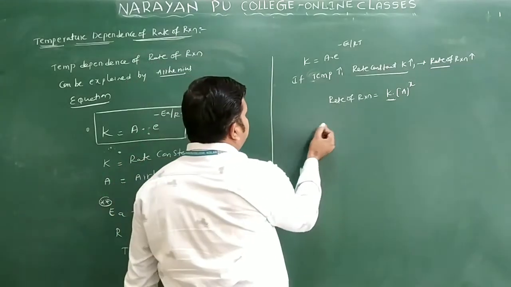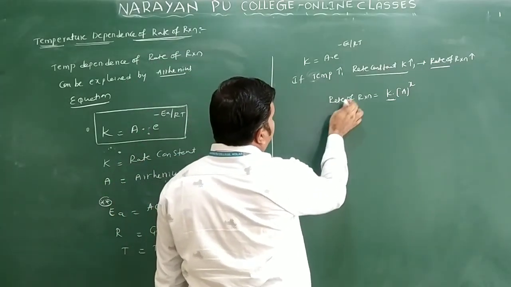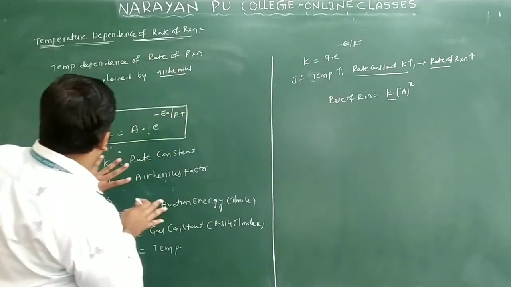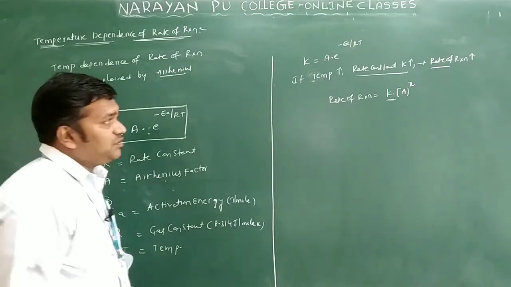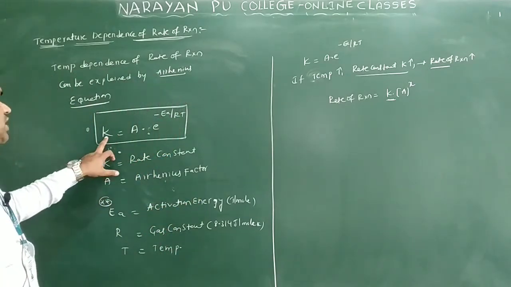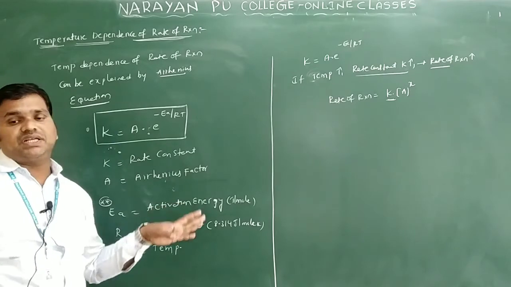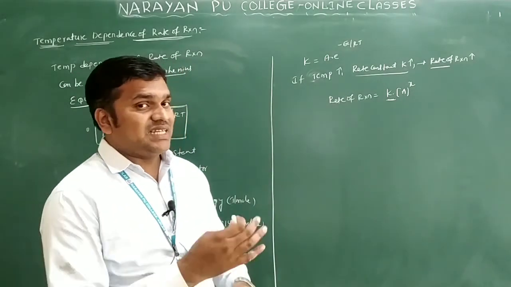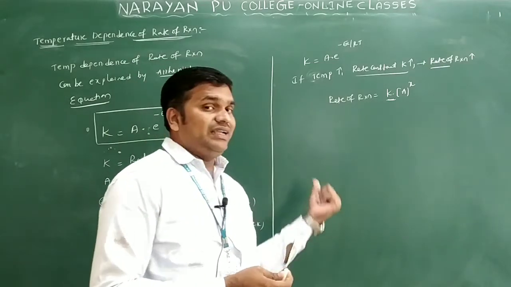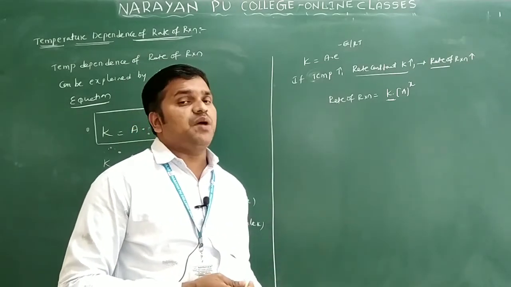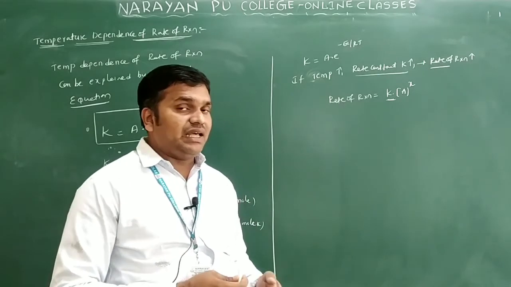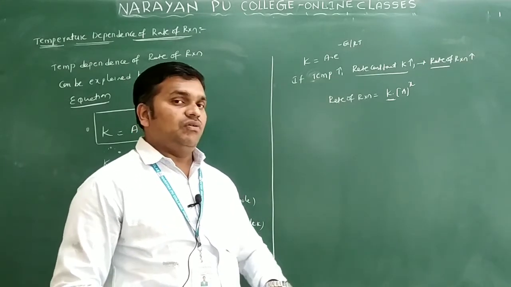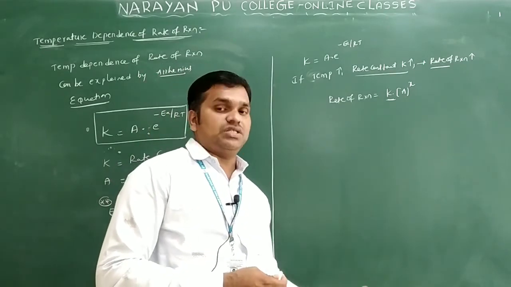So the rate of reaction increases when the rate constant increases, or when temperature increases. This is the Arrhenius equation expression. From this equation, if the rate constant increases because temperature increases, then finally the rate of reaction increases. We will discuss the Arrhenius equation at constant temperature, at different temperatures, and the graph for the Arrhenius equation in the next concept.